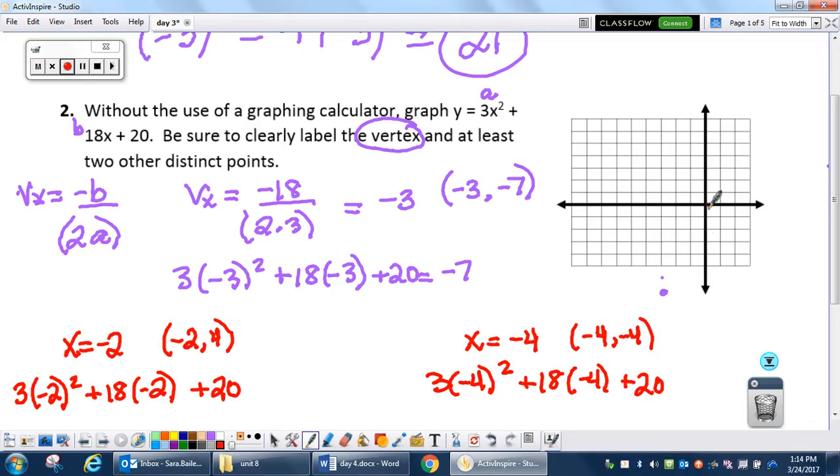Okay, so to the left and down, and there is your parabola. All right,